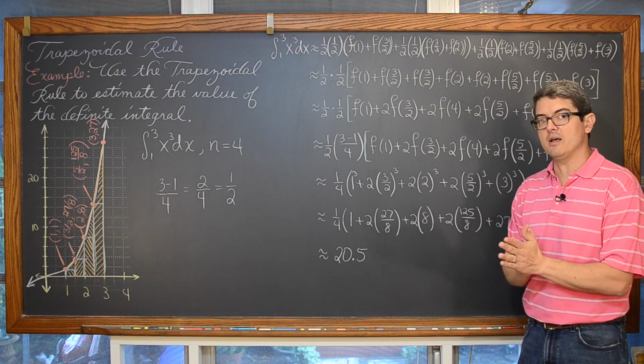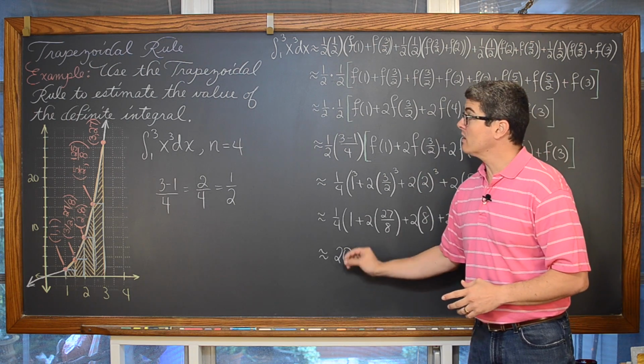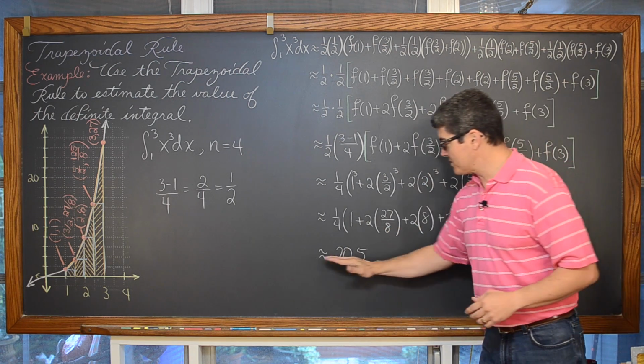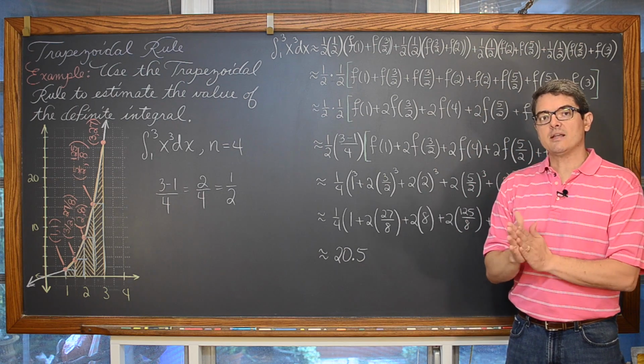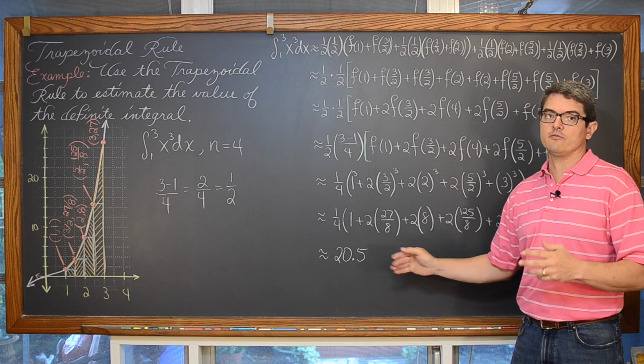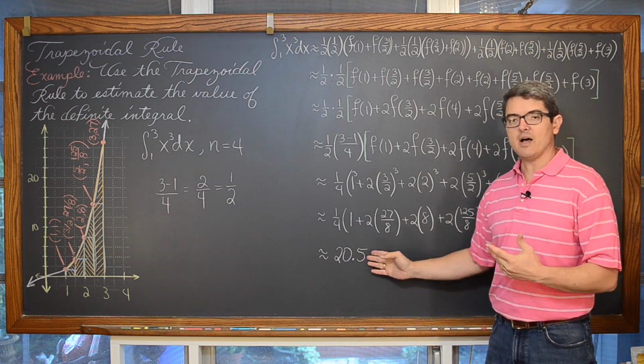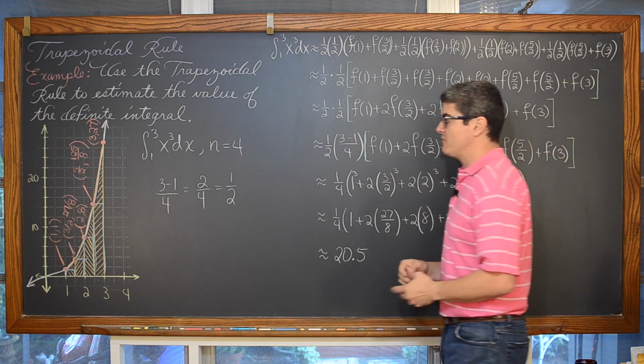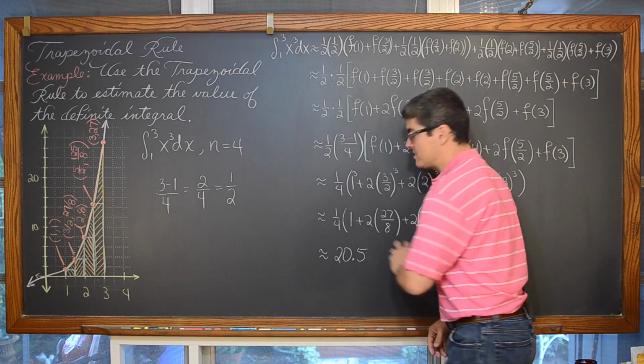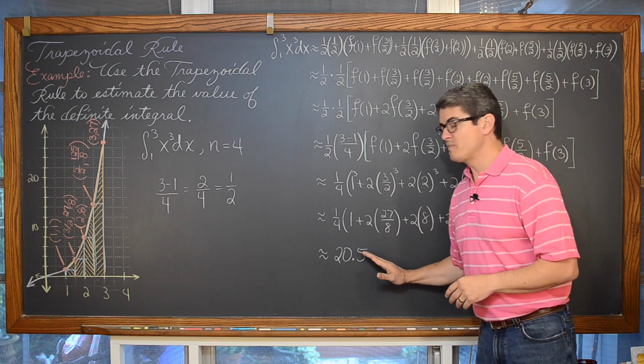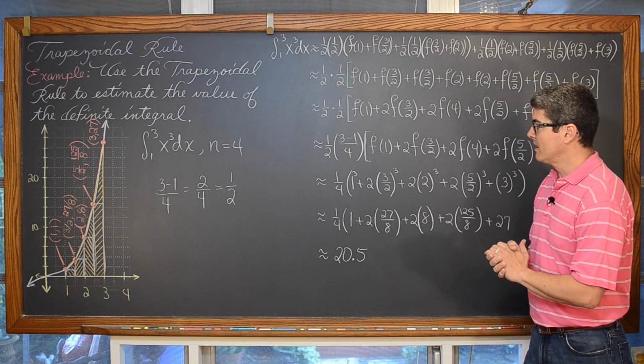It's 20.5, so you can see the power of this trapezoidal rule, how close the estimation is of that definite integral, even with only 4 trapezoids. And if you made 5 or 6 or 7 trapezoids instead of just 4, you would get an estimate quite close. And we'll talk about that expected maximum error in our next lesson.